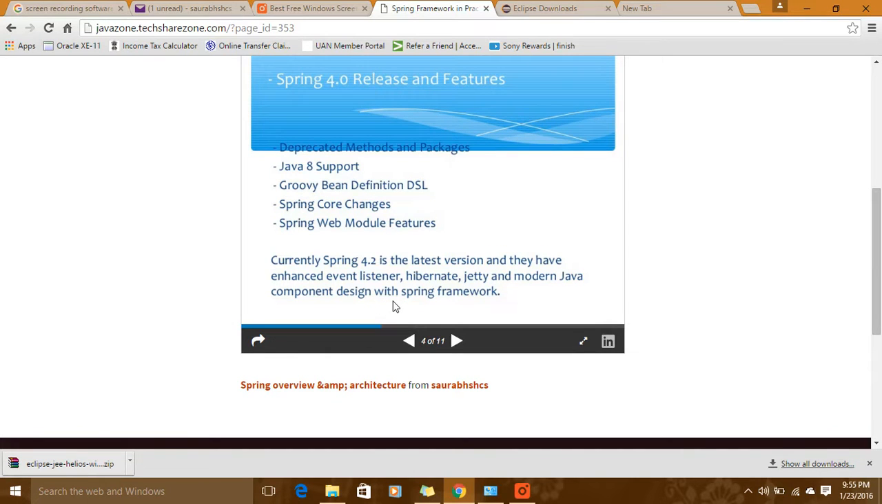Now let's come to the Spring 4 series release. It has deprecated methods and packages. So I hope you are aware of the Bean factory and application context, XML application context. So it has been